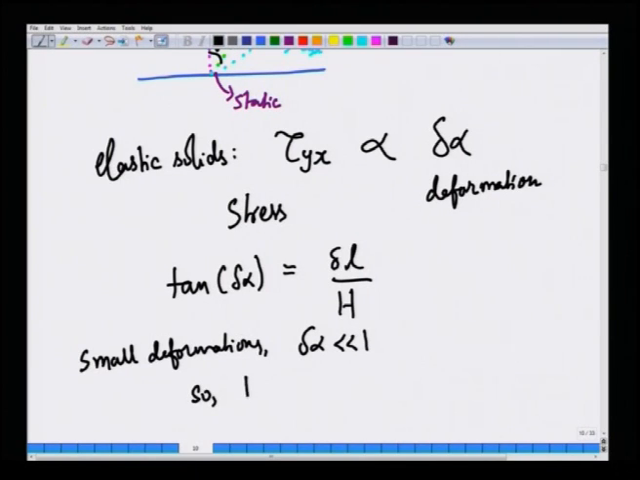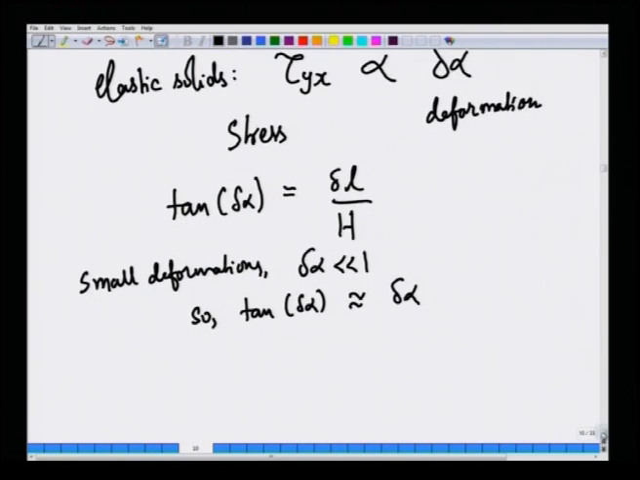So, we can write tan of delta alpha is approximately equal to delta alpha itself. When the angle is very small, tan of the angle is approximately equal to the angle itself. So, we can write delta alpha is approximately equal to delta L by h. So, the shear stress in a solid